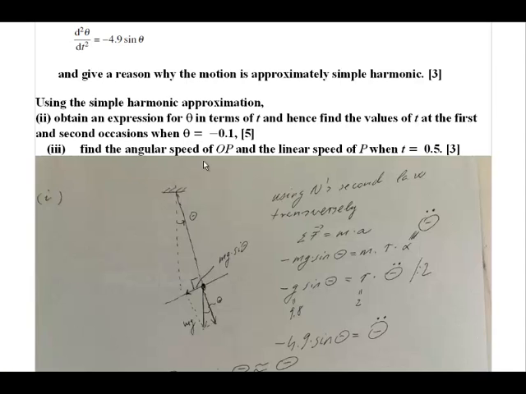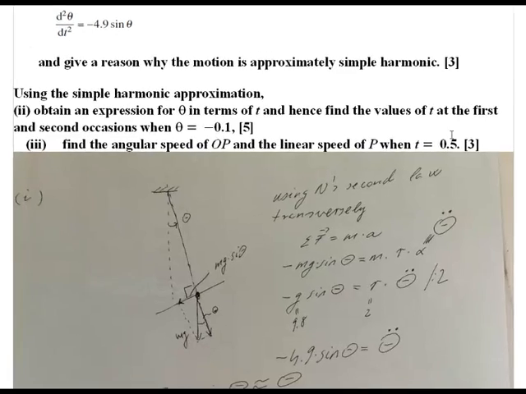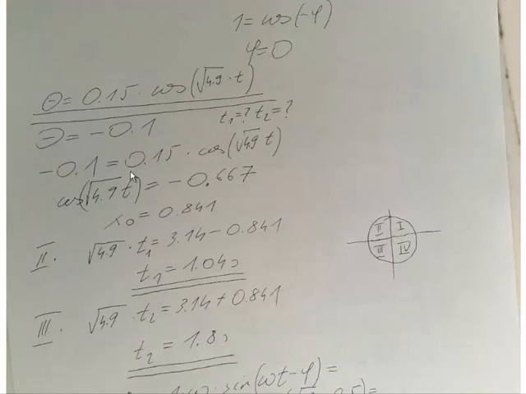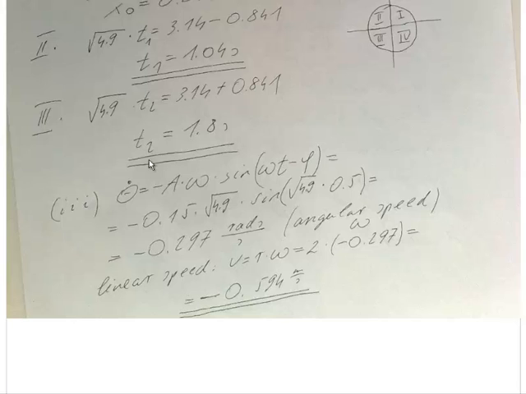Find the angular speed of OP and the linear speed of P when t is equal to 0.5. We'll use this formula. It is here, with theta instead of x, and substitute phase 0, omega, A, and we get this